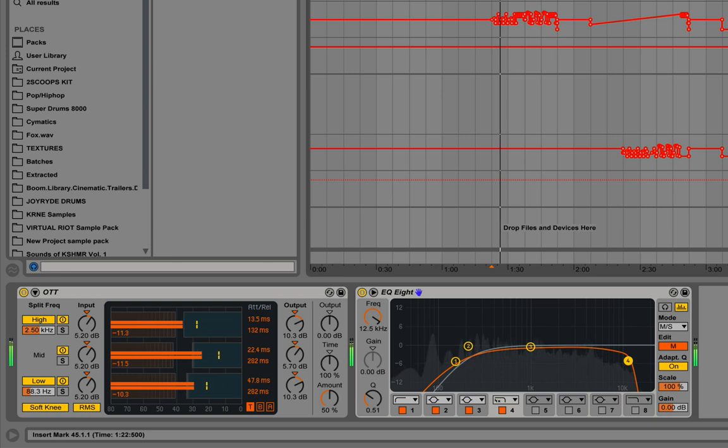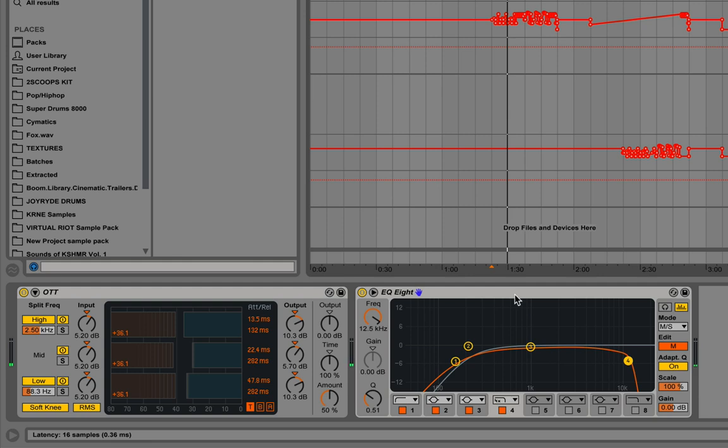Definitely gluing everything together a bit better. As you could tell before the OTT and before the EQ, there was a lot of low-end stuff going on, too much high-end, and what this did was made everything a lot more consistent, but not too dominant on the high end or the low end or anything. So I feel like it's good in that sense. And as you could probably tell before, those phaser leads, those weird leads that I made with Anna, were way too quiet in comparison to everything else. But what this did now was bring them more into the light of the entire drop. So in the context of everything,